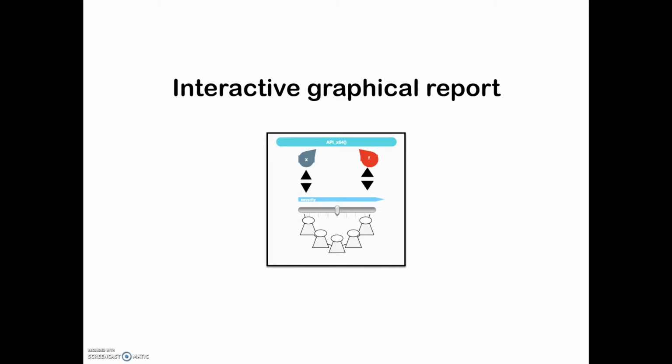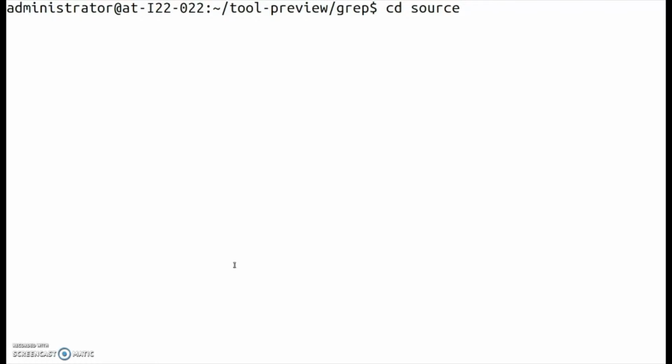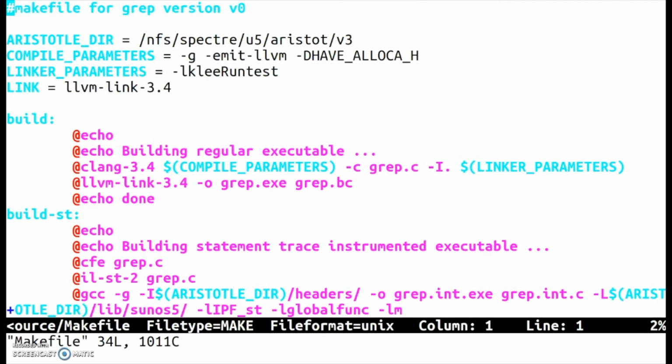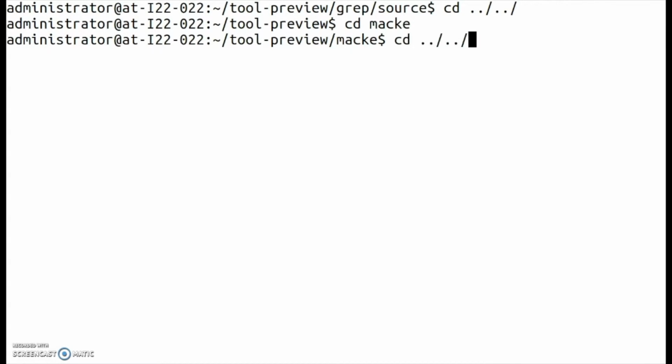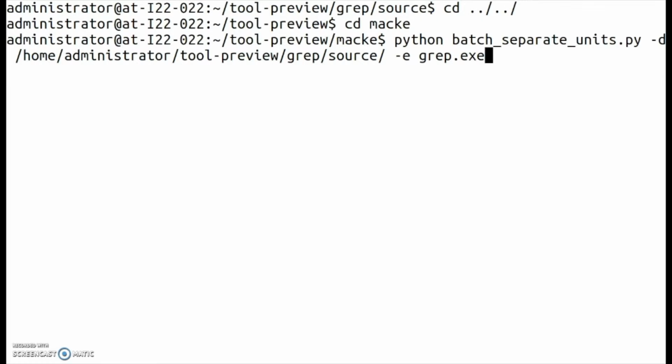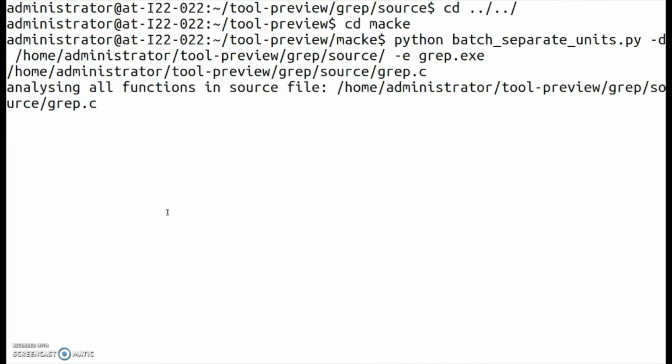Let's start the demonstration with the first step of generating isolated functions for unit testing. For this demo, we apply Macke to grep, which is an open source Unix utility. Let's start by looking at the source of grep, which is a Unix tool. Let's go back to our Python tool and run the command batch separate units. The batch separate units command would use libclang to read the source code and create unit test files for all the